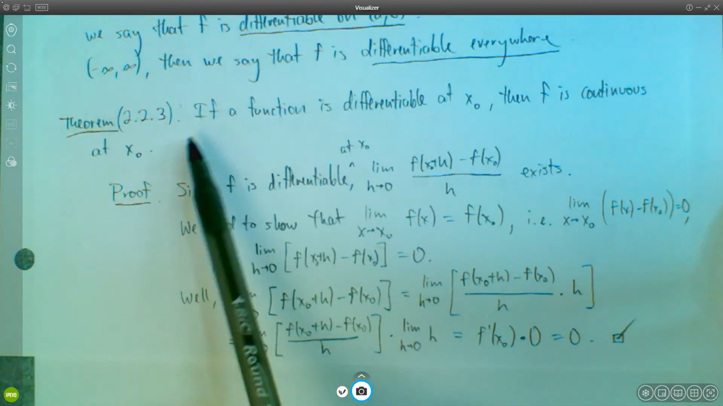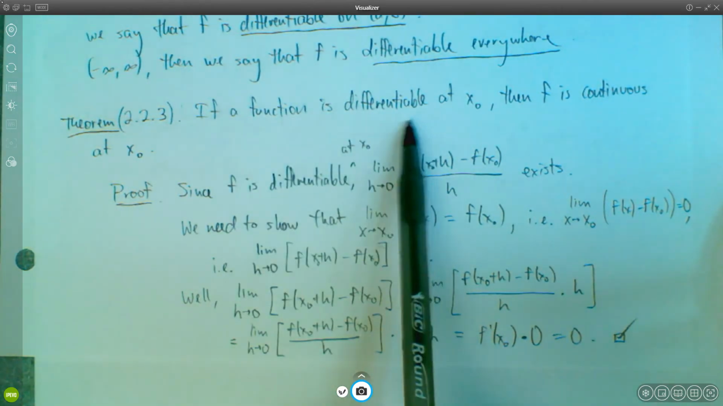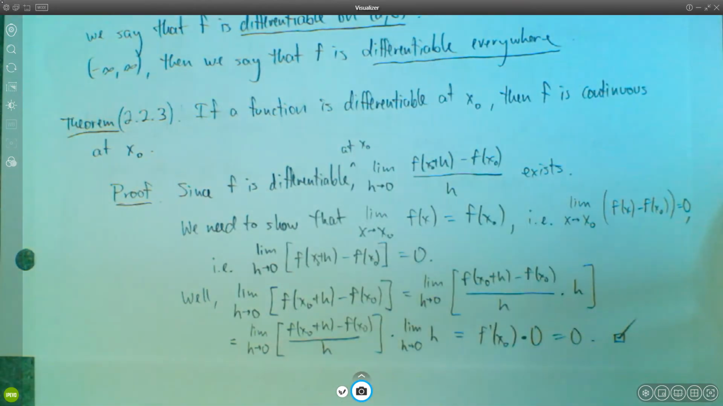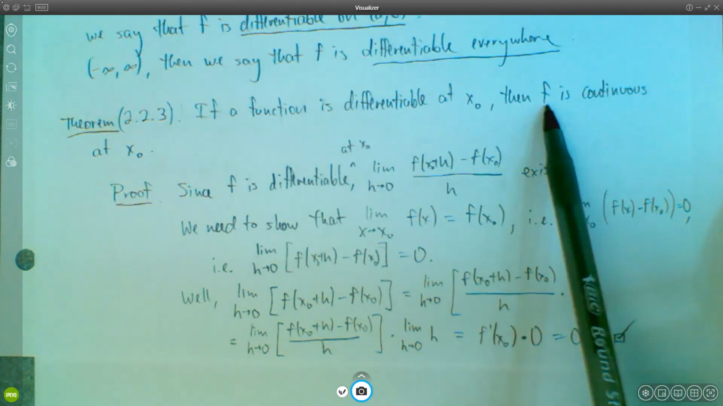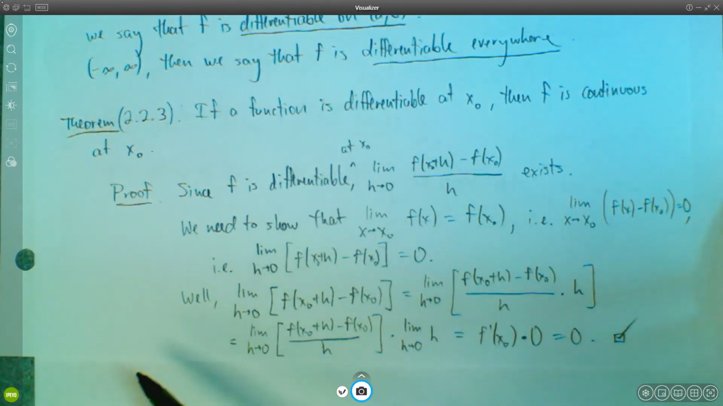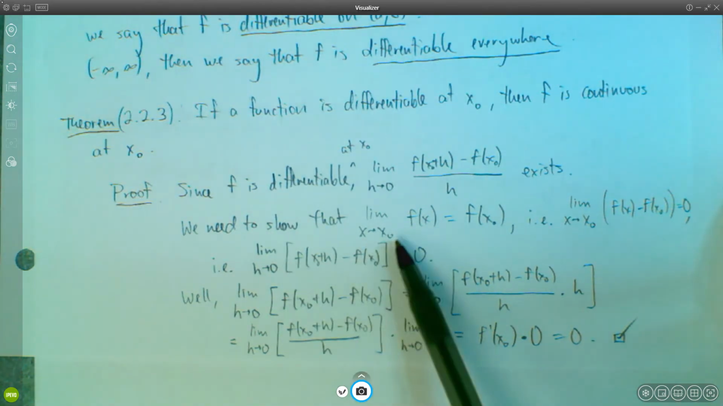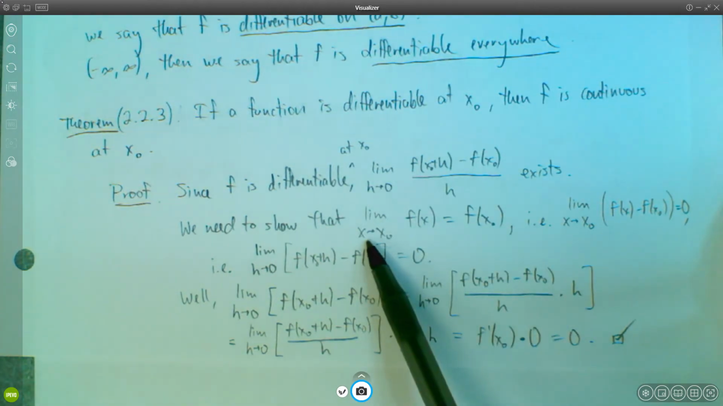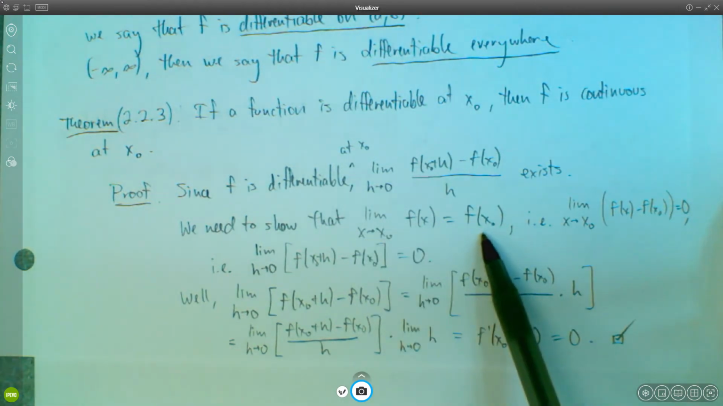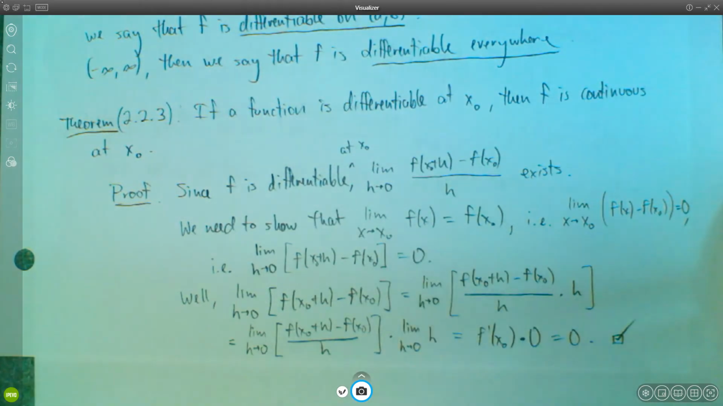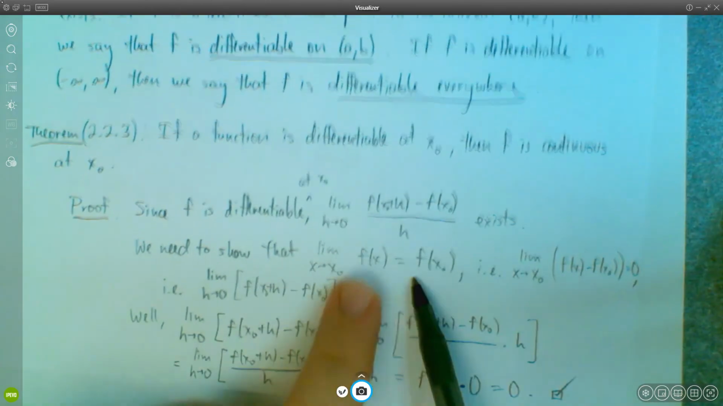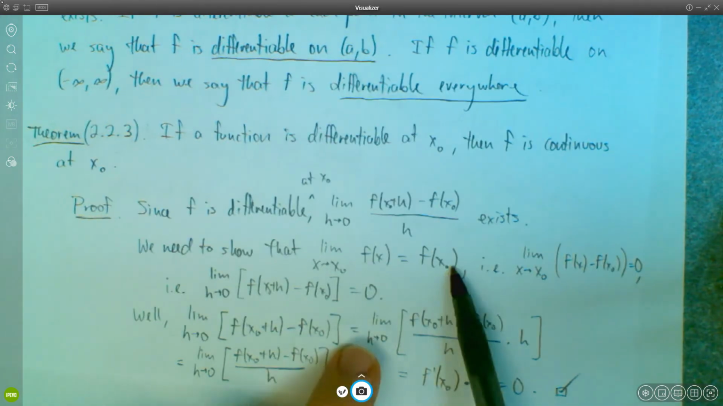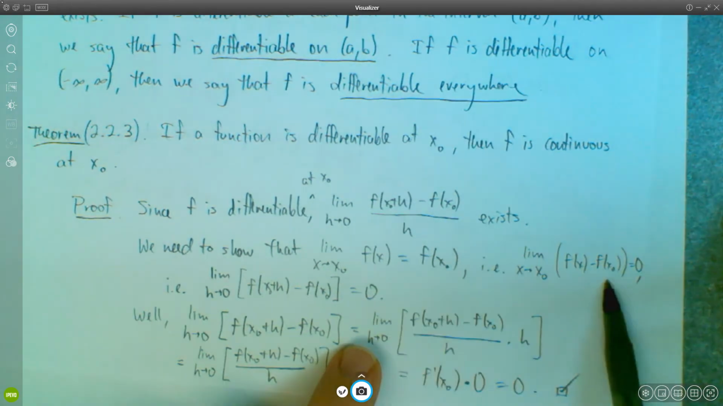So we're given that f is differentiable at x naught. Since f is differentiable at x naught, this limit exists. Now, we want to show that f is continuous at x naught. In other words, we need to show that the limit is equal to the function value. So we need to show that the limit as x approaches x naught of f of x is equal to f of x naught. Well, we could rearrange this a little bit. f of x naught is just a constant value, just a number, so we can move this over to the other side,